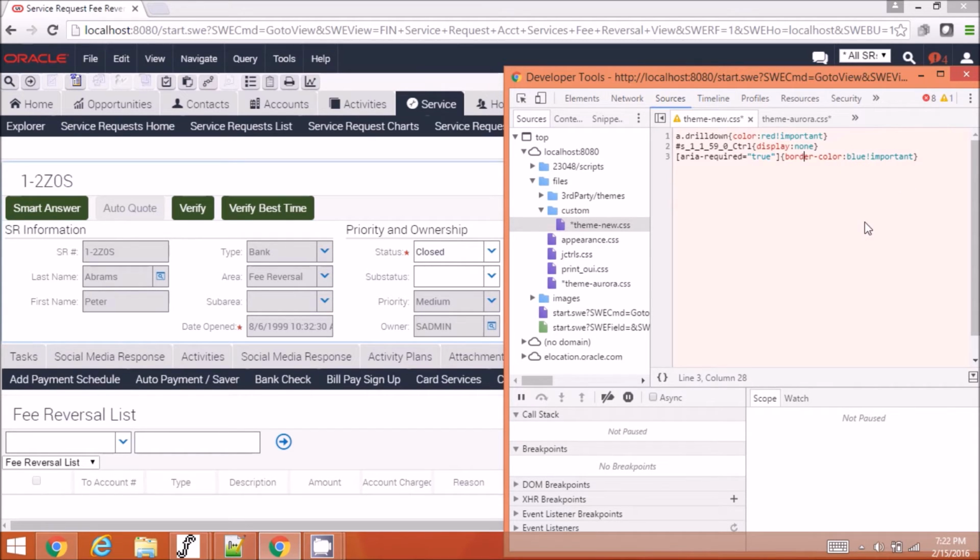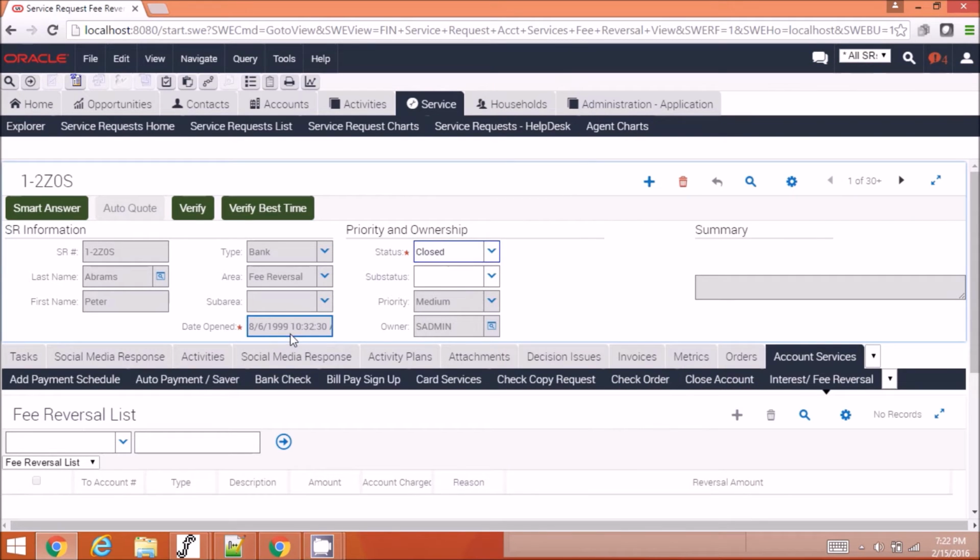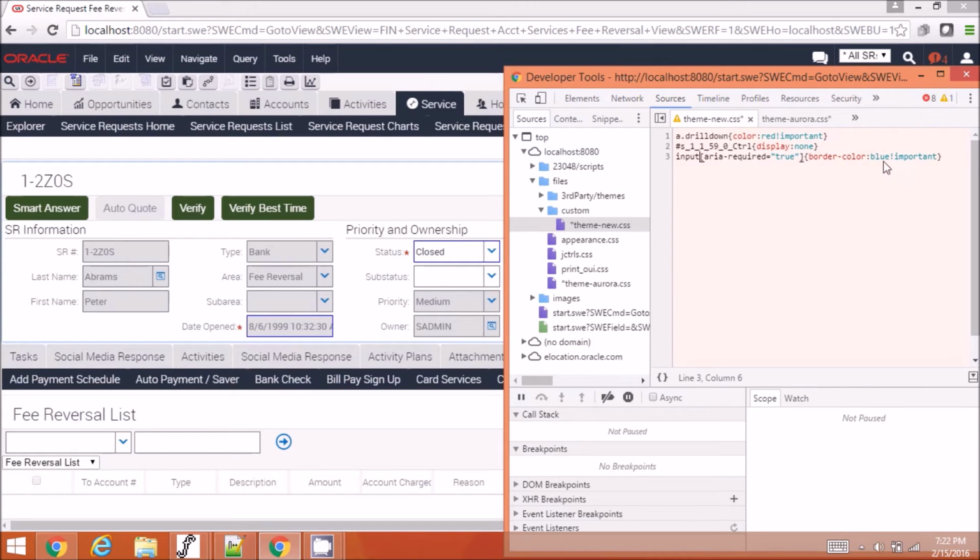I'm using the important keyword because I want to override what Siebel is providing by default. So now you see it has a border here with blue color, or rather I would say white. You see a clear difference here. So now it worked when I added the input tag, but it didn't work when it is just the attribute,